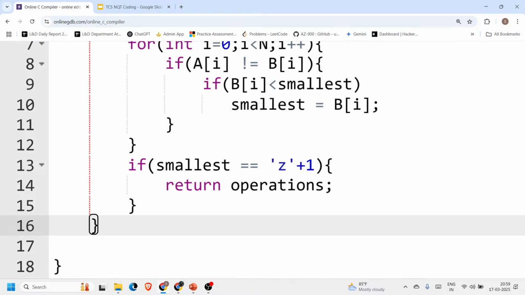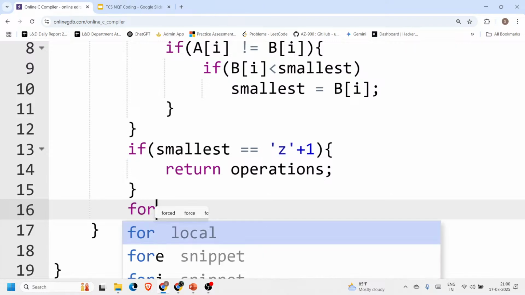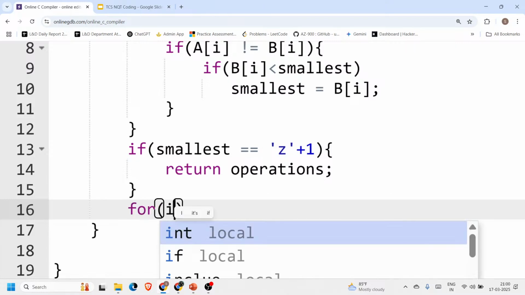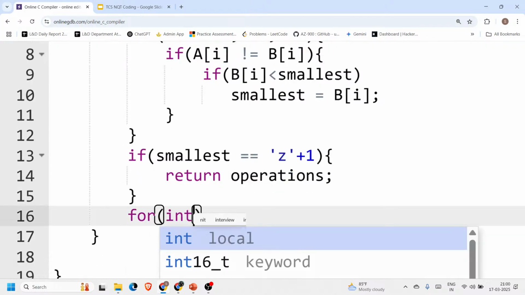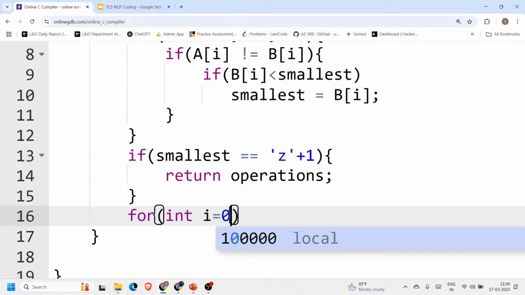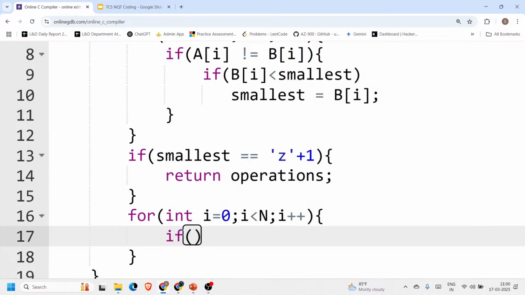Now I will go for the replacement if there are mismatches found. For that I will take int i, as I've taken int i in the loop. So int i is 0 and I will continue till n. I will check if there are any dissimilarities, so I will check if a of i is not equal to b of i, as well as